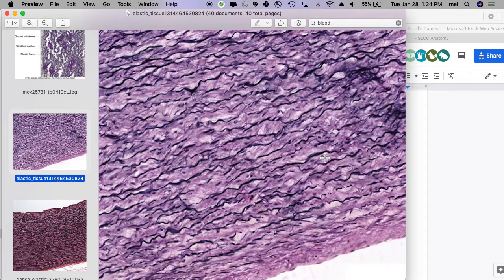Hooking two things together. So yes, most ligaments are made of dense regular, but the ligaments between your vertebrae need strength and they need some elasticity and stretch to them. There's a lot of movements that are going to occur there. Those are called your intervertebral ligaments, yeah, between your vertebrae. You also find this tissue forming your vocal cords, and you also find this tissue in the elastic ligaments of